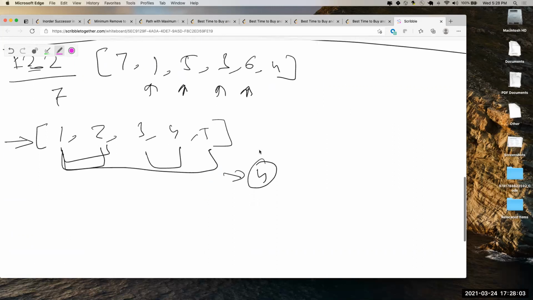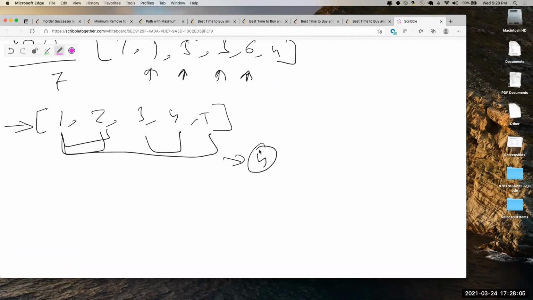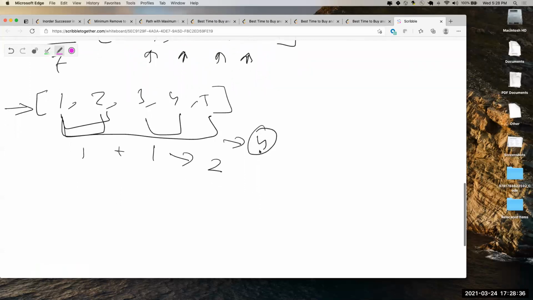So I guess if we can perform as many transactions as possible, then we can calculate the difference between prices. For example, if I take this example 1, 2, 3, 4, 5, I can buy at 1, sell at 2, then again buy at 3, sell at 4. It's still answer 1, right? It'll be 1 plus 1, right? It'll be 2. Yeah, if you buy at 1, sell at 2. So can't I buy at 2 again? Yeah, it's a transaction.